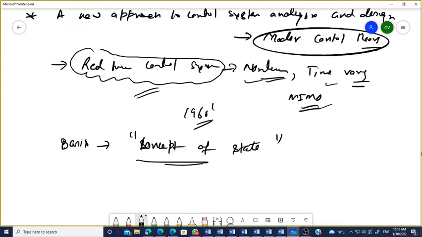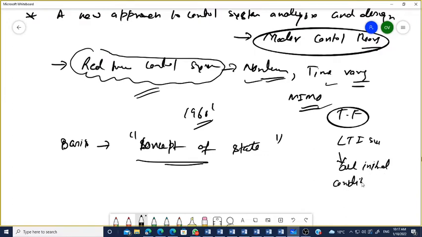One more thing that I have not covered, I want to cover within 1 minute. Whenever you are going to find the transfer function for any LTI system, you usually put all the initial conditions as 0. Yes or no? So can anyone tell me why we put the initial condition 0? Sir, because it ensures the linearity of the system. Yes, very good. We are going to ensure the linearity of the system. We are not going to handle the non-linear system.